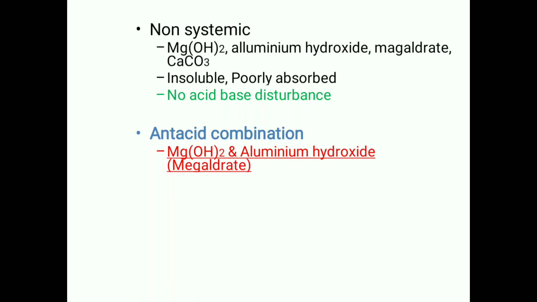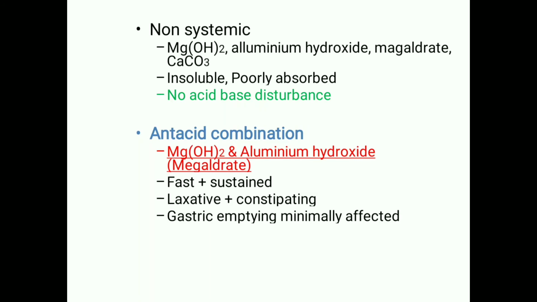Now, why do we give a combination of magnesium and aluminum salts? See, magnesium salts are fast acting, they are rapid acting, while aluminum salts produce delayed but sustained action, a long duration of action. So when we give a combination, there is rapid onset, but the effect will be sustained. Magnesium salts have a laxative effect, a diarrheal effect, while aluminum salts have a constipating effect. So both these effects cancel or counter each other.